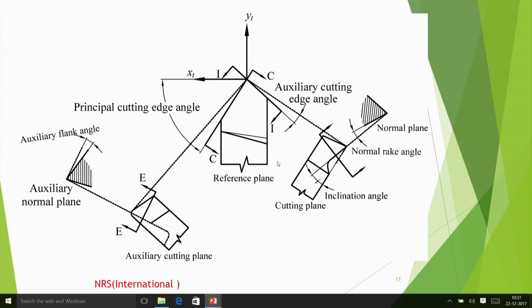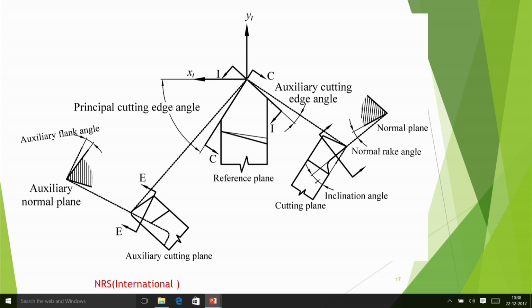So here again you make the top view in the same manner. You get a side cutting edge here. This is the side cutting edge, and then here it is end cutting edge. As usual as in all the systems, you are getting principal cutting edge angle, which in the ASA system is 90 minus side cutting edge angle, and then you are having auxiliary cutting edge angle. That means this is also principal cutting edge angle, and you can have that direction here. You can define auxiliary cutting edge angle in this way. That means from here how much it is inclined.